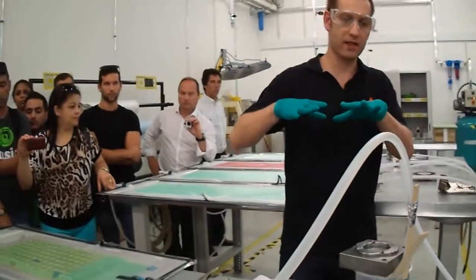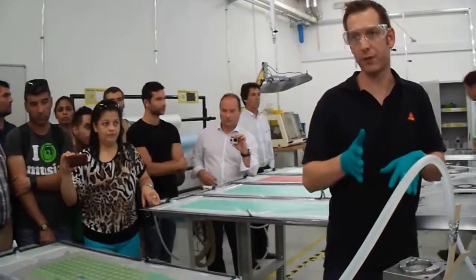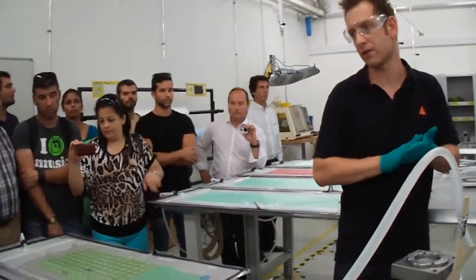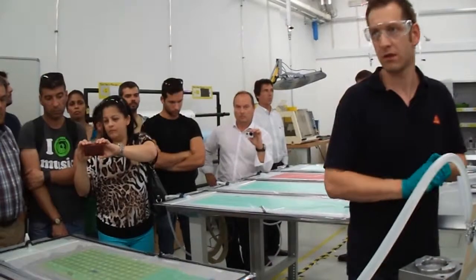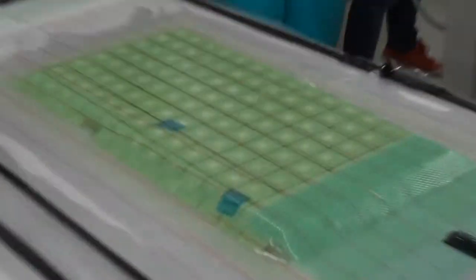Now we are coming to the resin which is normally created for the hand laminating process. Let's say it's a viscosity which is on the border between hand laminating and infusion process. So at temperatures like we are having here, it's pretty good. But if we are